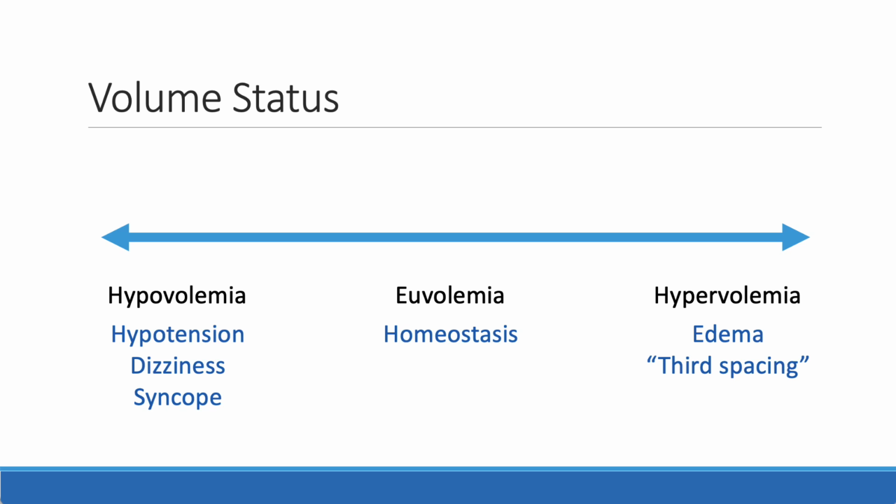And when patients are hypovolemic, that can lead to things like hypotension, dizziness, syncope, and in particular, the kind of hypotension that we see in older adults, particularly if they have something like Parkinson's disease. We often see that orthostatic hypotension. And then if they're hypervolemic, think of heart failure or end-stage renal disease, and they're not on dialysis yet. They come in, they have a huge amount of edema or third spacing, right, where this fluid just